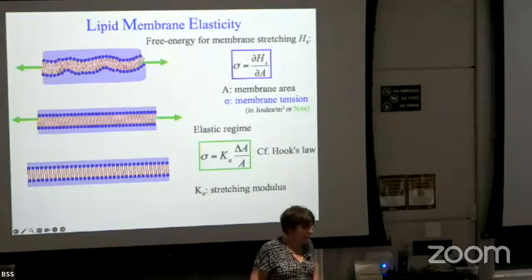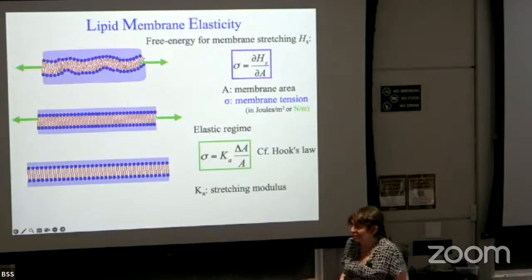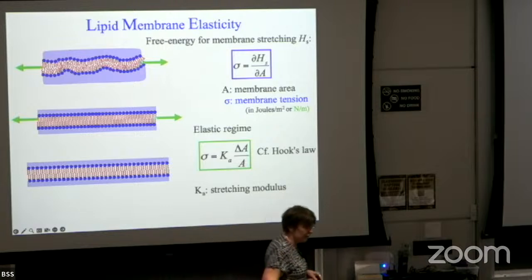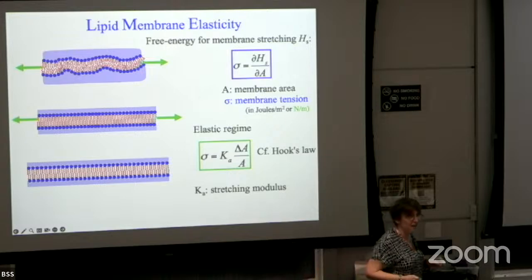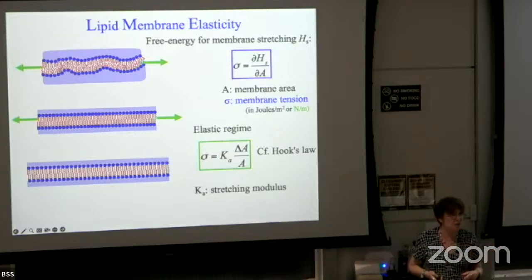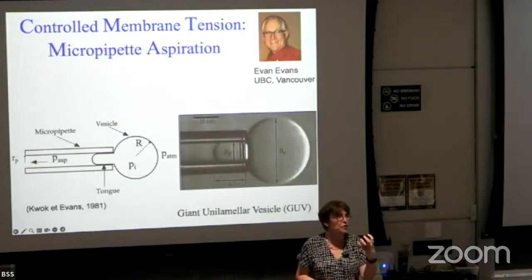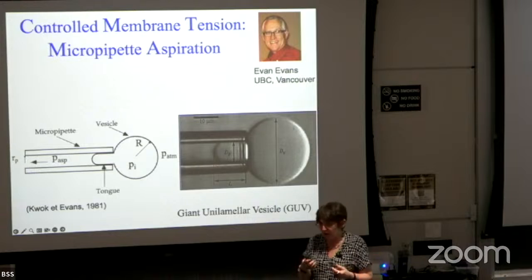No. Okay, I will give you which. This is, in a sense, what we were doing with the swelling, but that one is not very controlled. So there is a technique which was invented, in fact, by Evan Evans in the 80s, first with the red blood cell and after that with a vesicle, which is very efficient. Imagine that you have a bubble, you want to stretch a bubble, you aspirate or you blow on it, right? It's exactly the same thing. What he did is